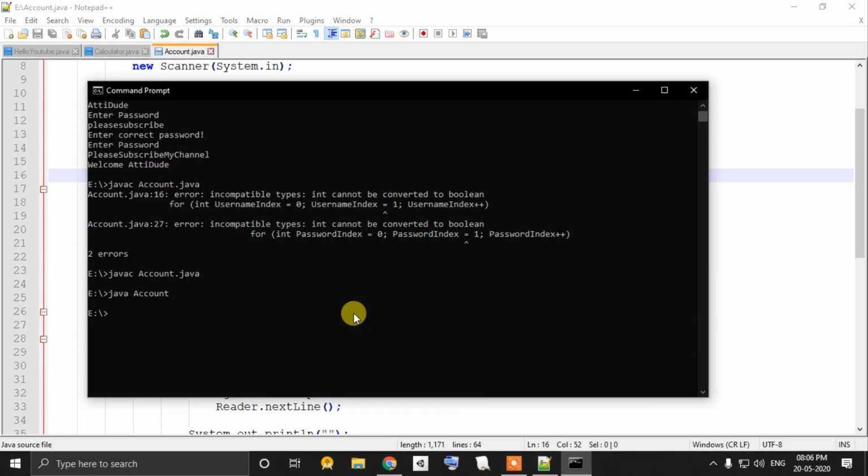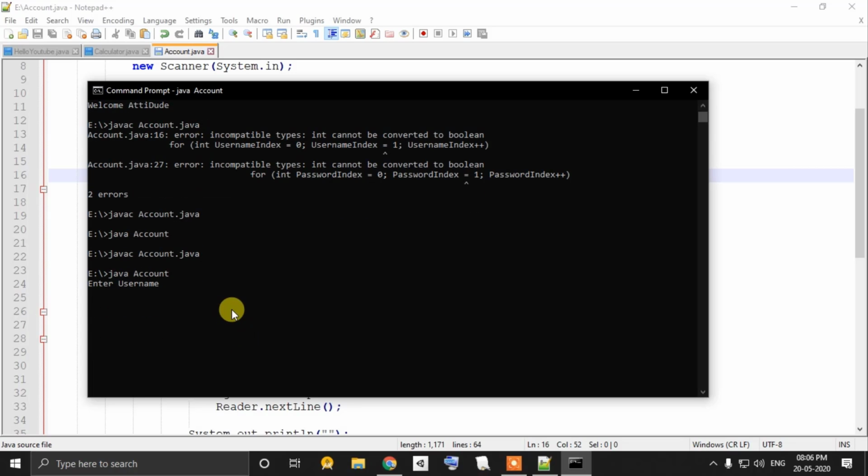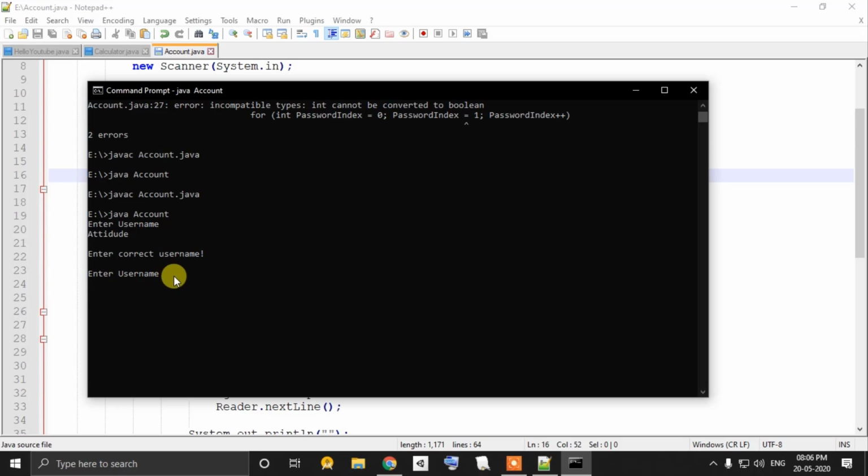Save that again. Javac Account, then java Account, enter username AttiDude, wrong spelling. It left a line, it said enter correct username, enter username,